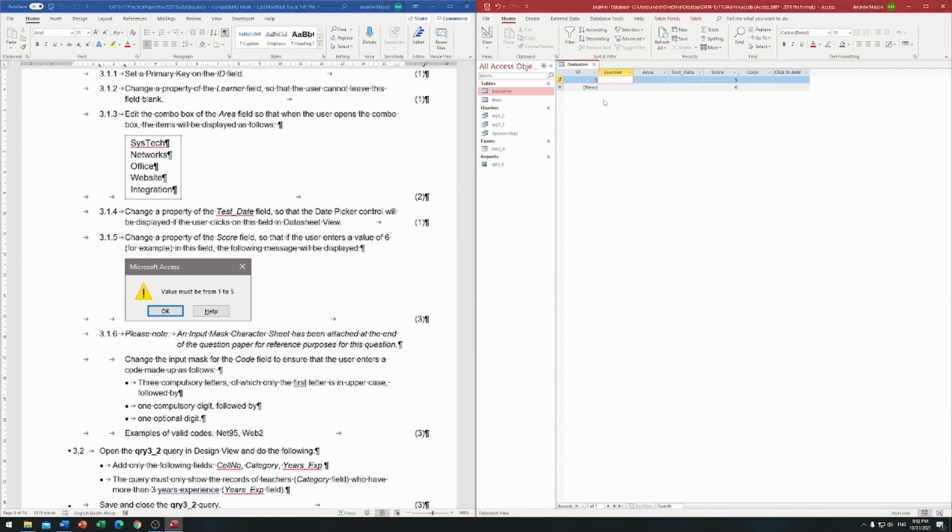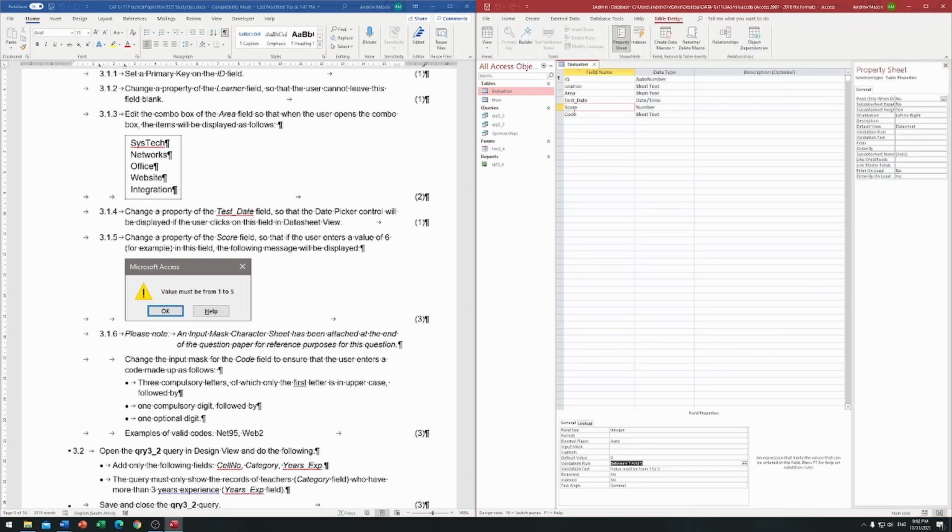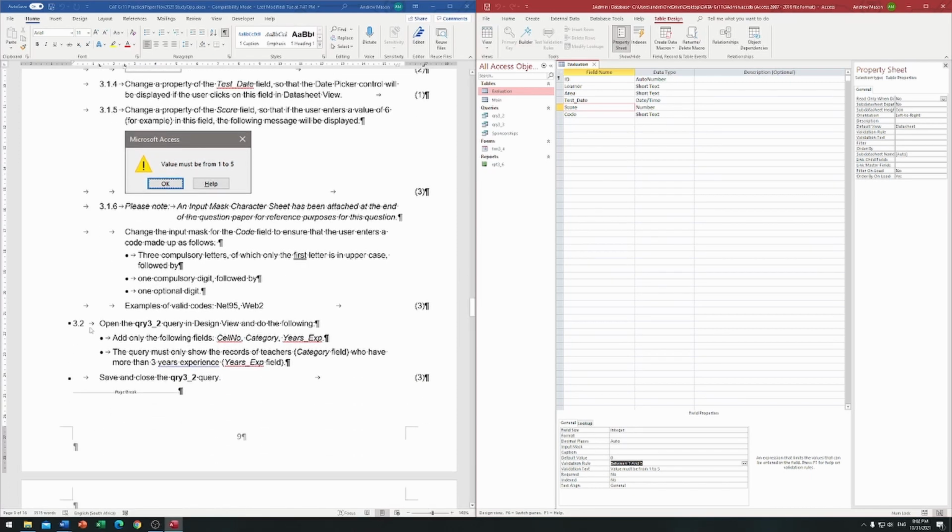Alright. Once I've done that, it does actually allow me to click off it, and I can go back and delete that field. Right, let's go back to the design view and see if we can change the next one. So that validation rule there was worth 3 marks. Between 1 and 5, 3 marks, using the AND function, or the AND as well in that argument. Right, we need to go and put an input mask, and this is also worth 3 marks,